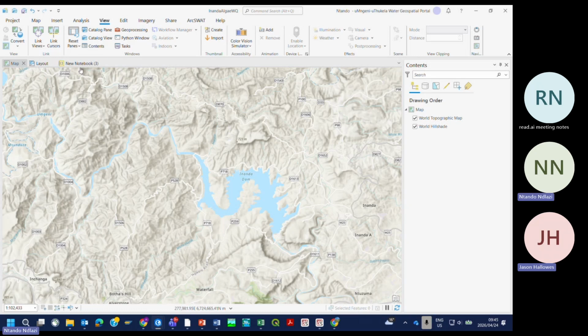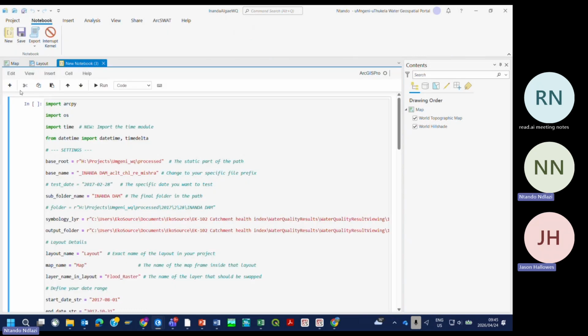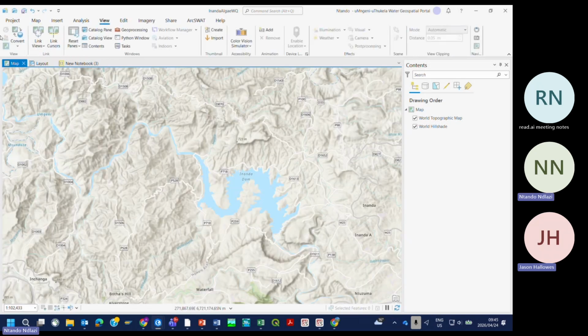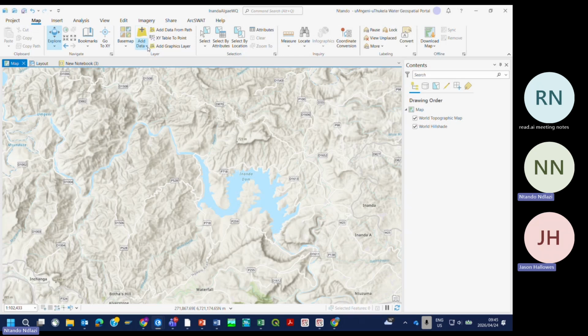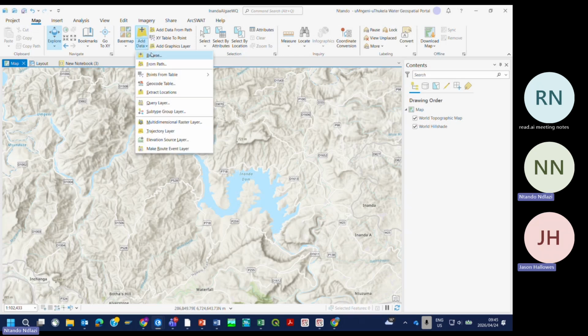All right, let's go and load one of your layers from the thing. So don't go to the notebook yet. We need to see where these things are. Yeah. So let's just add